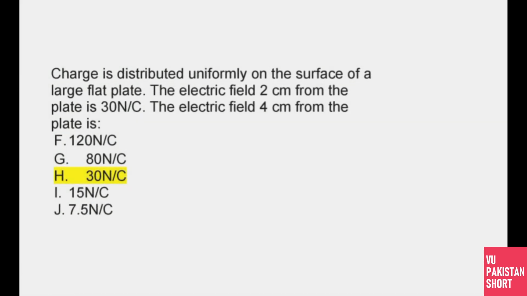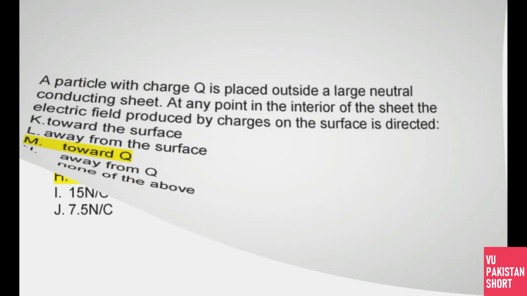Charge is distributed uniformly on the surface of a large flat plate. The electric field 2 cm from the plate is 30 N/C. The electric field 4 cm from the plate कितनी होगी? वो होगी आपकी 30 N/C।